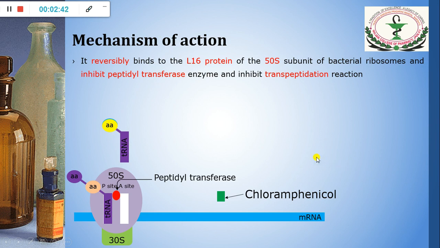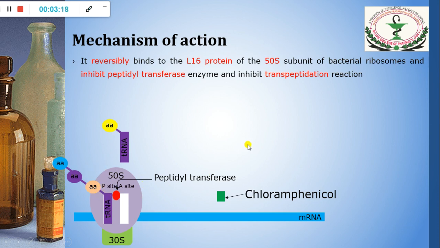Now how do we see this? Chloramphenicol enters by passive diffusion. In a normal condition, the tRNA will act on this A site, the acceptor site, and this peptidyl transferase enzyme is responsible for chain elongation. You can see that the chain is elongated now, and this happens in the normal case.